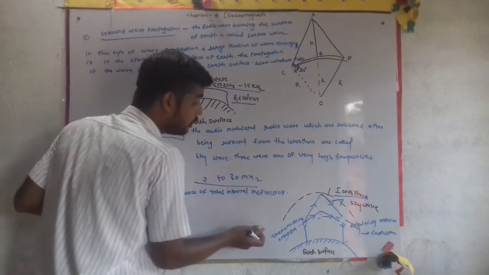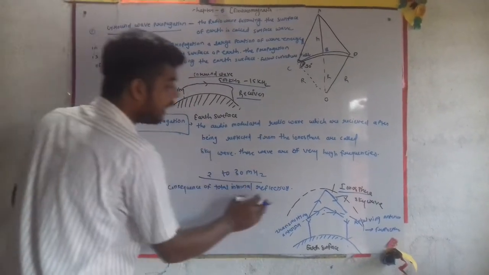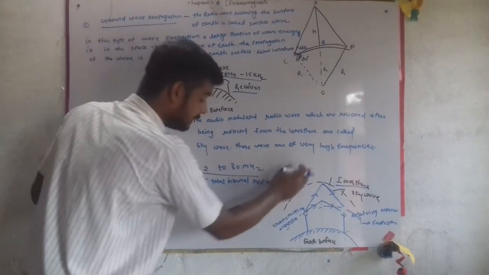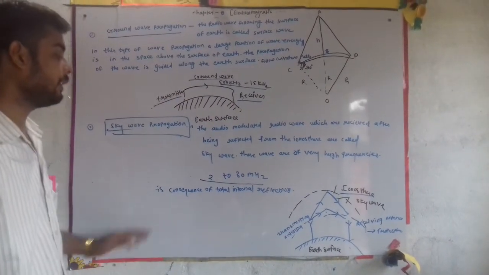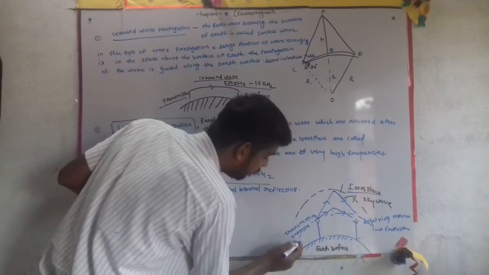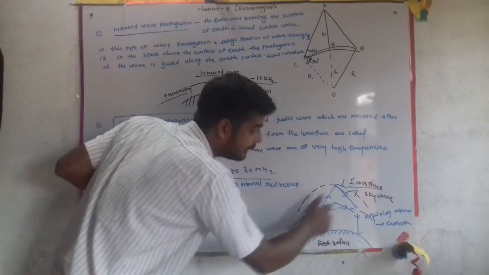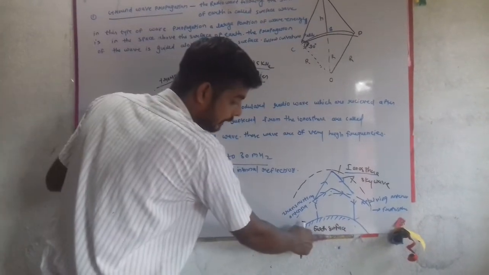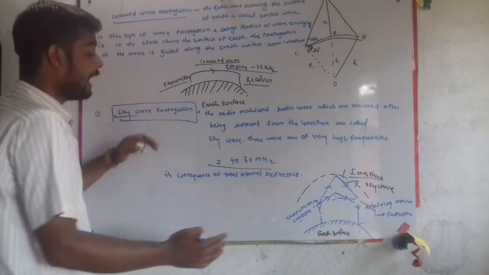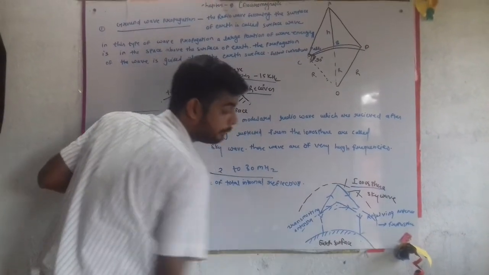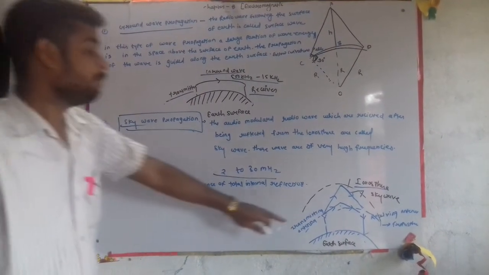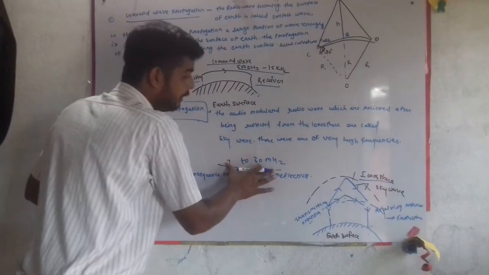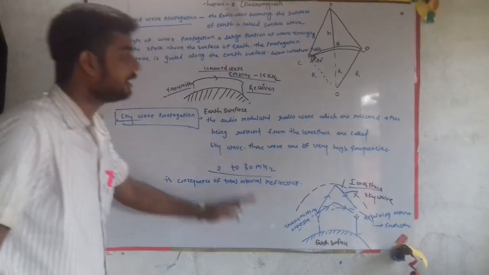So the audio modulated radio waves are received after being reflected from the ionosphere, and in this case total internal reflection comes into play. We know that this is our transmitting antenna and this is our receiving antenna. We have two antennas, and this is the earth surface. Then the sky wave is reflected by the ionosphere and received by the receiving antenna. This frequency is very high. Also collect all the necessary data from your book.